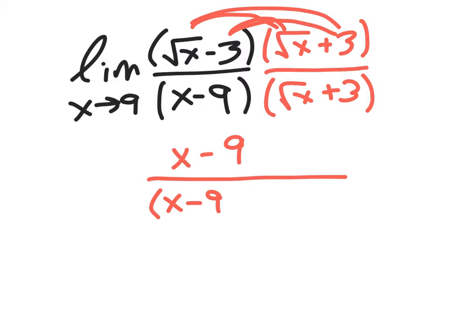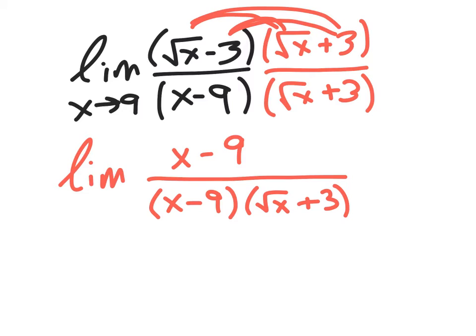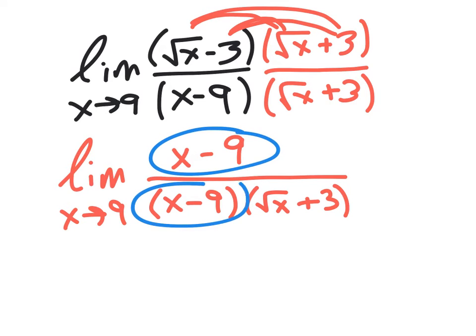And I'm actually not going to multiply together the bottoms. I mean, I'm going to multiply them, but I'm not going to FOIL or figure out what that expression is worth right away. I want to notice that I have an x minus 9 on the top, and I also have an x minus 9 on the bottom. So I can cancel those out, and you want to remind yourself what's left up on the top of this fraction. If I cancel things out like that, of course it's going to be a 1. The invisible 1 will show up now,